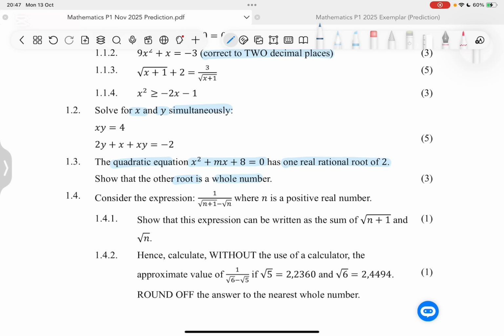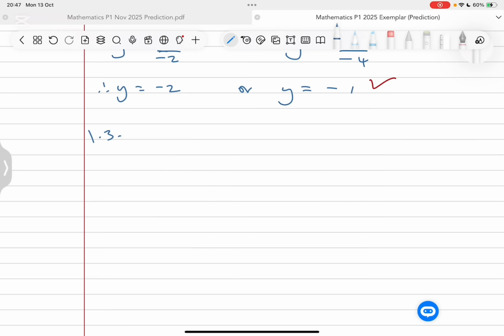And you must remember that whole numbers are actually numbers that start from 0, 1, 2, 3, and so on. They range from 0, 1, 2, 3 until infinity. So the other solution, the other value of x for this equation, has to be any of these numbers that I've listed. So the best way to begin this equation is to say that we are given the equation